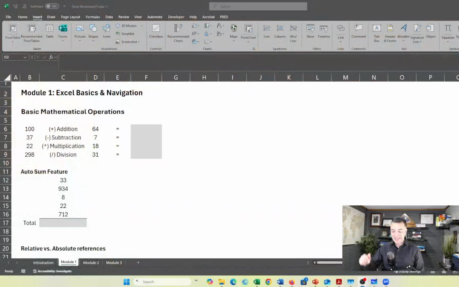Welcome, this is Professor Drew Blazik, and I'm going to go over the first module for Excel, which is the basics about subtraction, addition, and learning about relative and absolute references within cells. So if you could, go right below and download the Excel sheet, and you can follow along